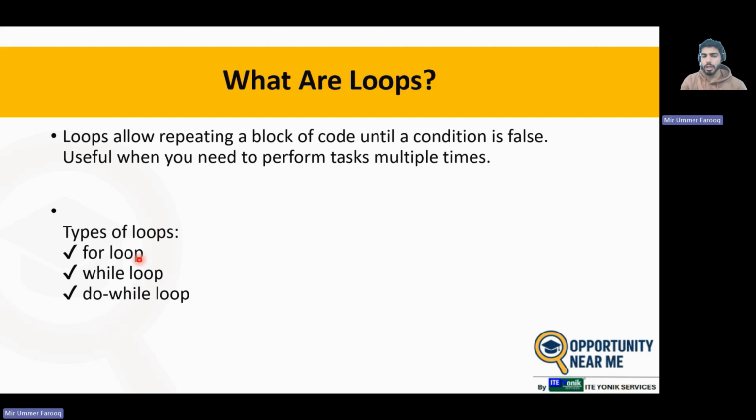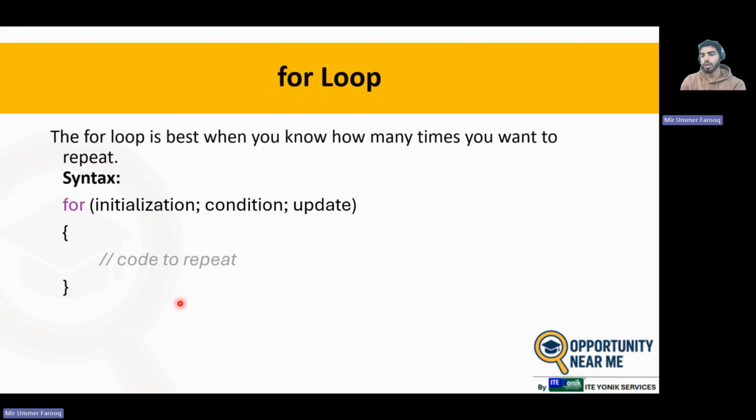And each of these loops has some differences. Obviously they all are used for the same cause, to repeat some code. But there are little differences here, like when we will use while, when we will use for, when we will use do while. So let's check this out. Let's first explore the for loop. For loop, you use it, as I already told you, to print some particular statement or execute some code